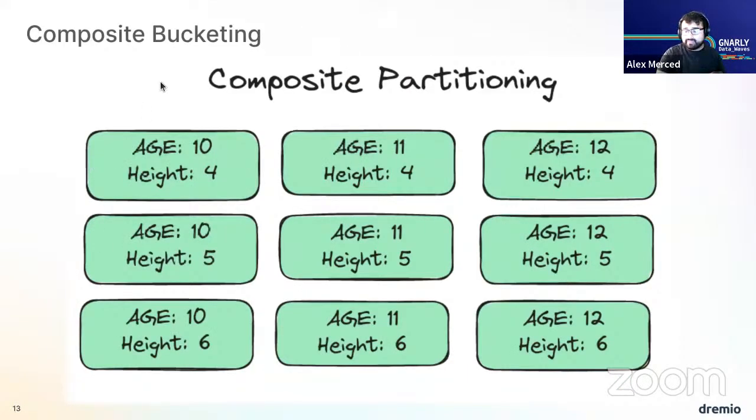Then there's composite partitioning, another way you can deal with data skew. Let's say when I partition based on age, I got data skew because maybe there are just too many 10-year-olds and not enough 11 and 12-year-olds. But if I add another parameter, I may get a more even distribution. So maybe I say, okay, let's partition by age and height. And now the sizes of the different partitions, the size of data files, become more evenly distributed. That means the performance of queries across whatever partition is going to be much more consistent.